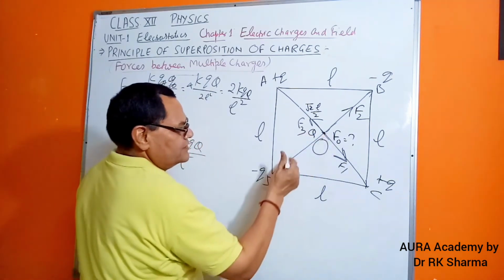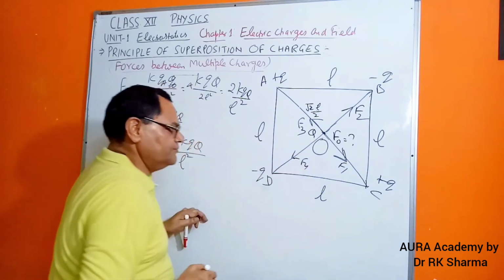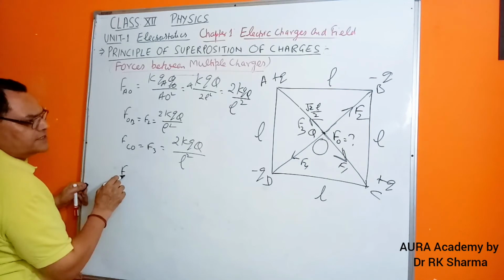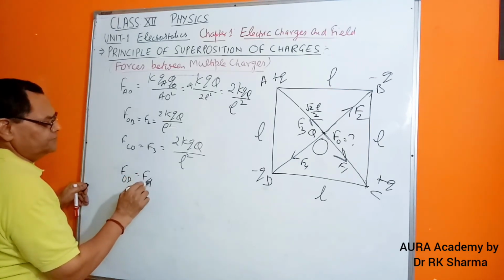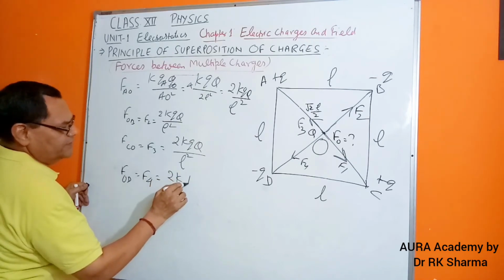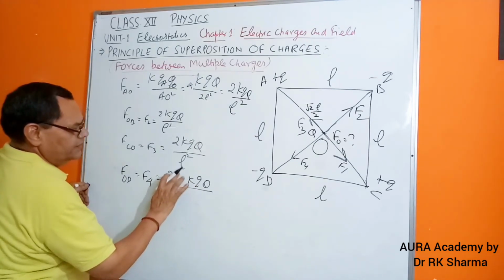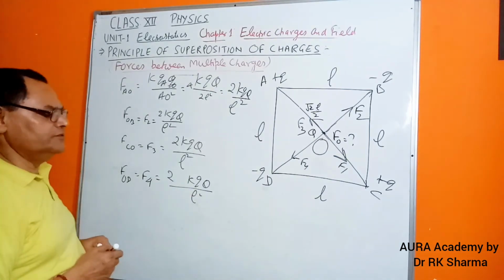So this point will be attracted this way, okay? So that force of attraction will be this way. Let us put it as F4. So here you will find that is FOD, right? And that is nothing but indirectly F4. So same. Why is it same? Are you getting my points? Because the charges are the same and the distance is also the same. Clear? So in this way we got all the 4 answers.